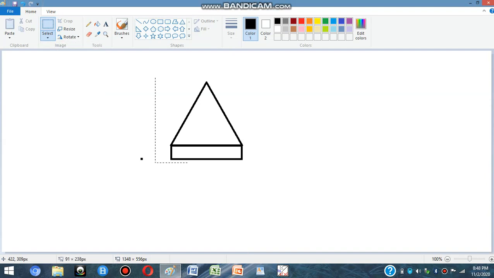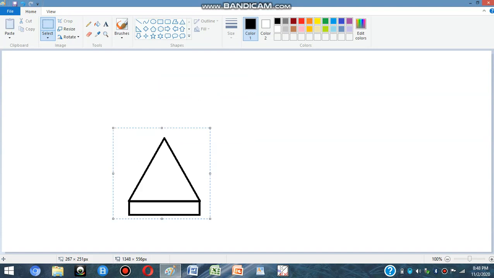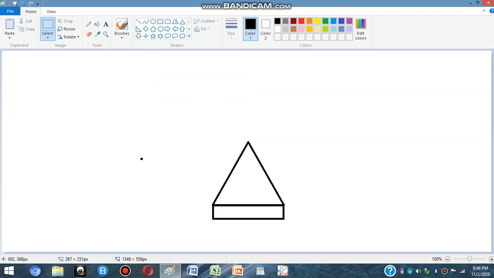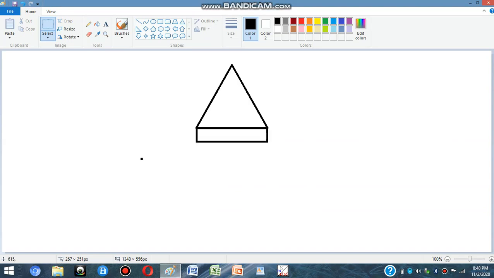We will select our image and now moving an image. To move the drawing from one place to another in the drawing area, we have to first select the image and now we can simply drag it to any part of the drawing area like this. Like this we can move our image,